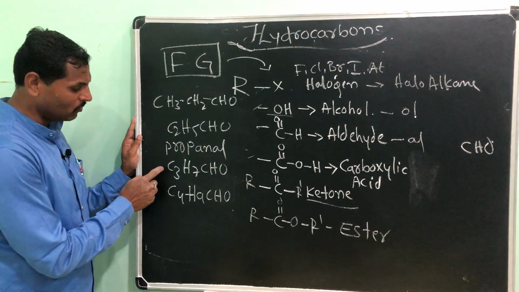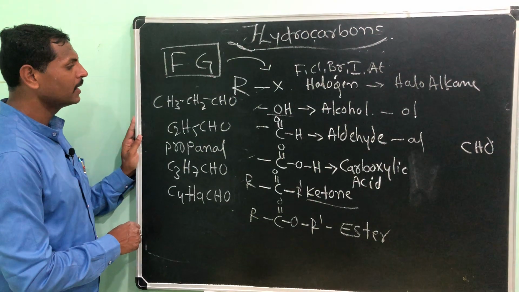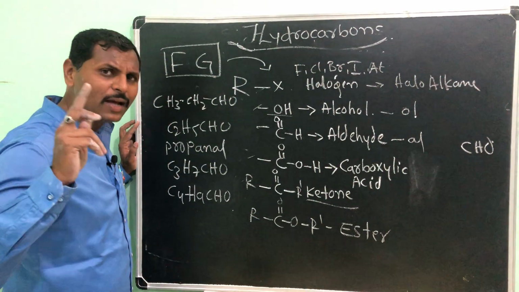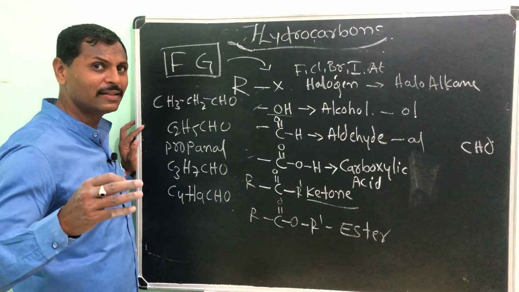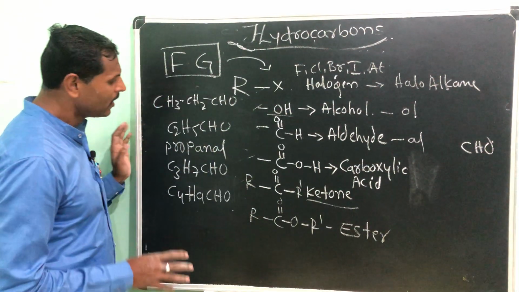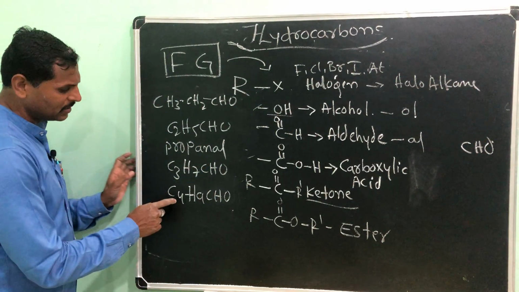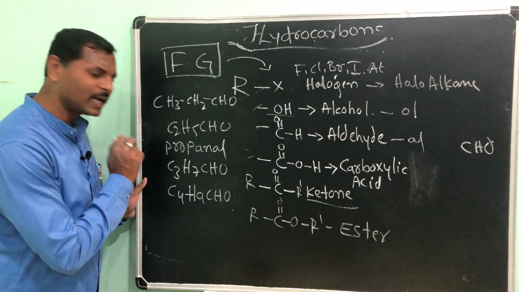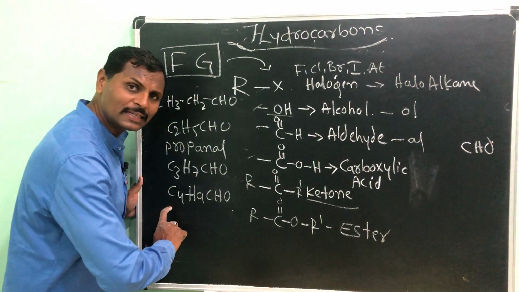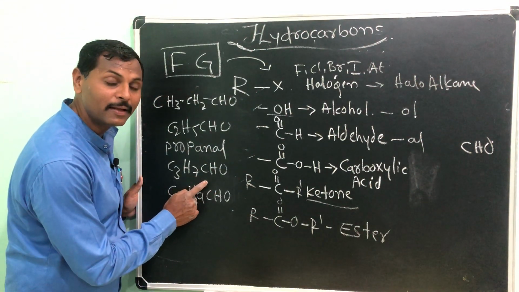This is also a homologous series only, you can test it here. 1 carbon 2 hydrogen, 1 carbon 2 hydrogen, the difference is there between these two, right. So like that, once you are thorough with one homologous series, you will find the homologous series in all the functional groups also. That is not the problem. Okay. So propanol, butanol, pentanol. Sir, so only 4 carbons are there, only 3 carbons are there. Why you are saying this is butanol? Why you are calling this a pentanol? Because I am counting this carbon also while naming.